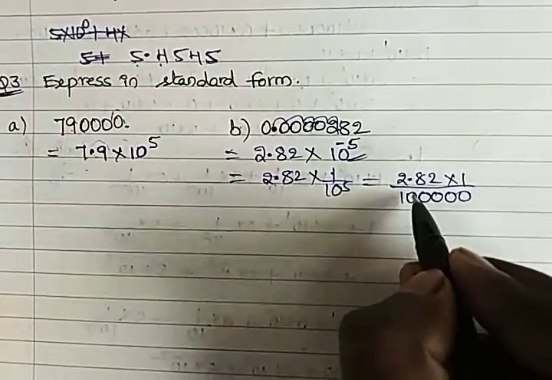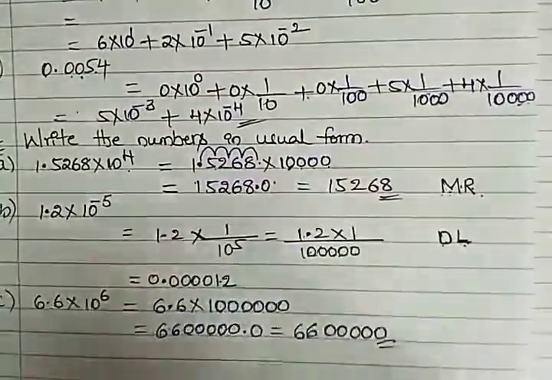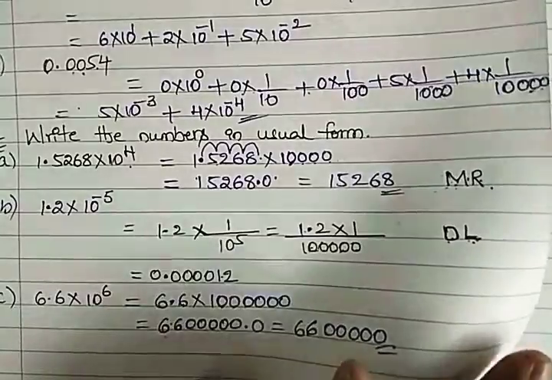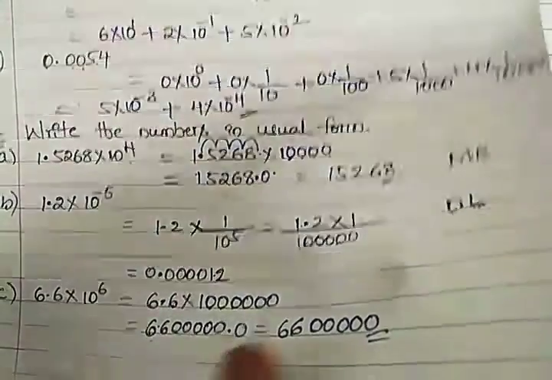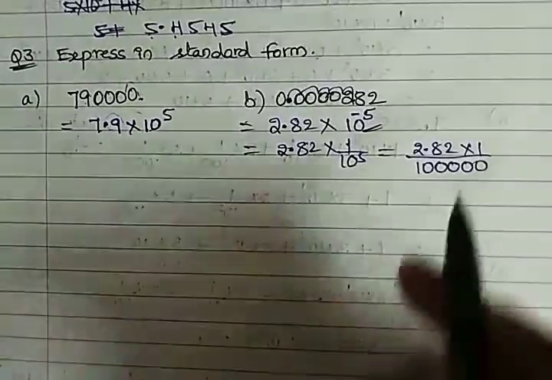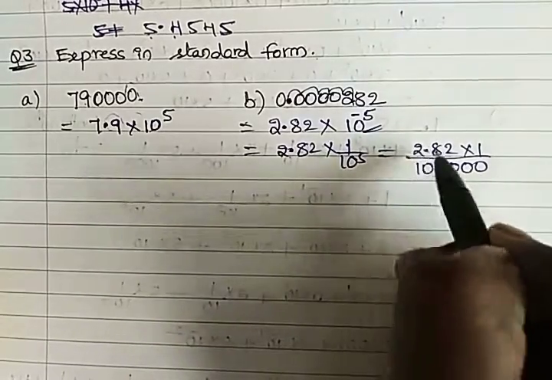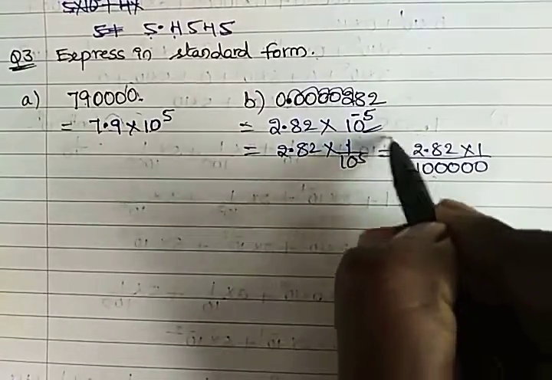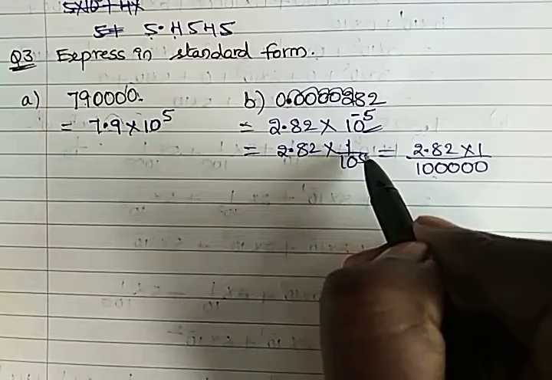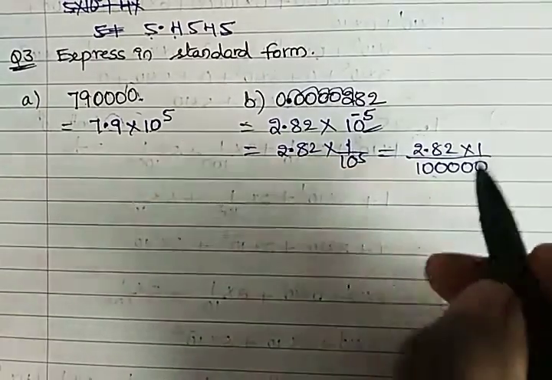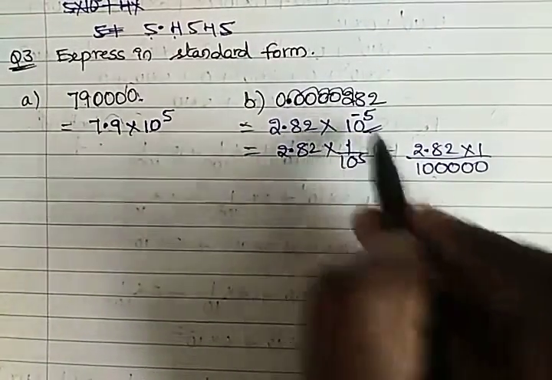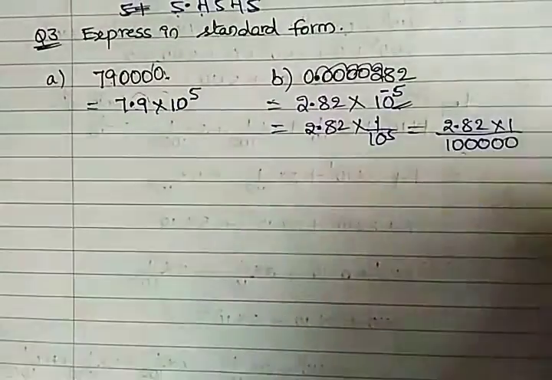Now, as I told you in the previous question, in division the decimal point is shifted to the left side. So here 5 zeros are there. So from here, this decimal point will be shifted 5 places towards the left direction. So our answer is correct. This is B1. Now C